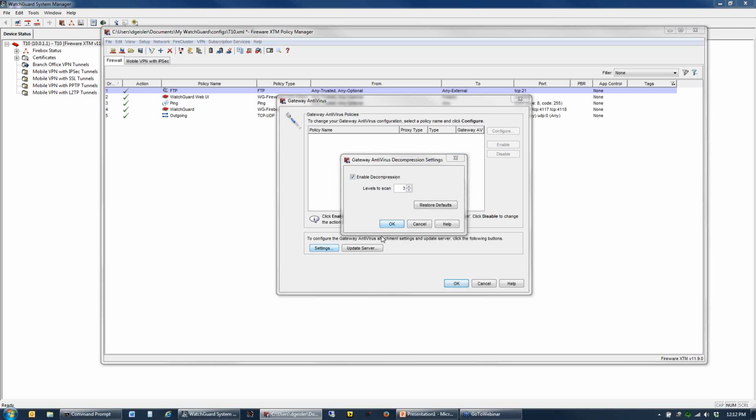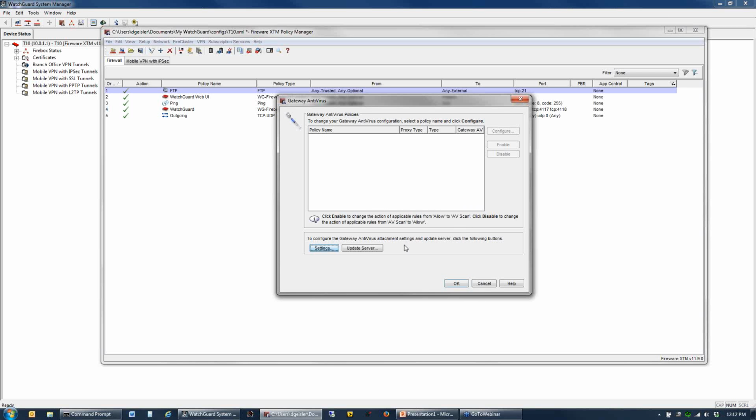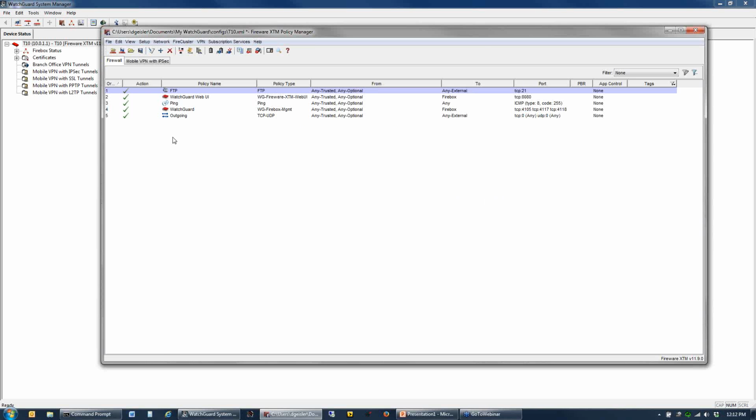So there you go. Like I said, some basic settings. This is number 3 in here that I always turn on. Just make sure you're looking inside of the zip files for all of your scanning. Now, the next section I want to get into will cover a little bit more in here as far as